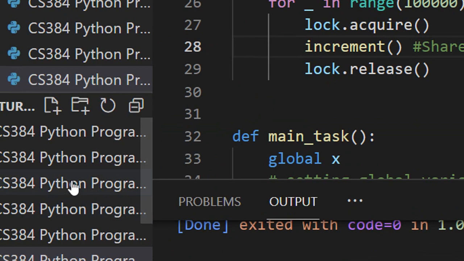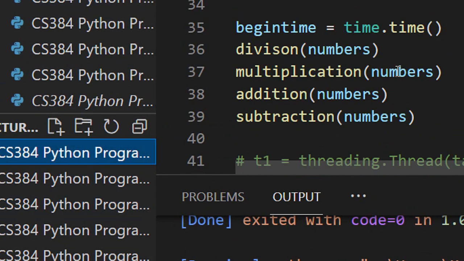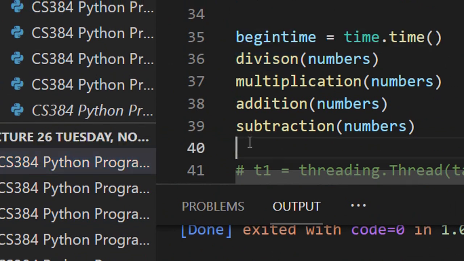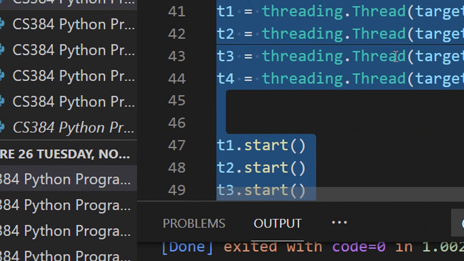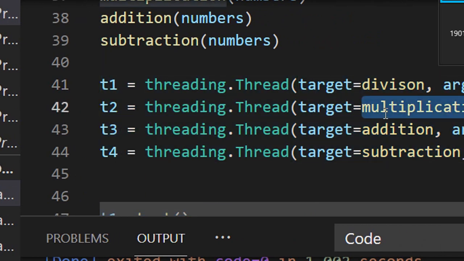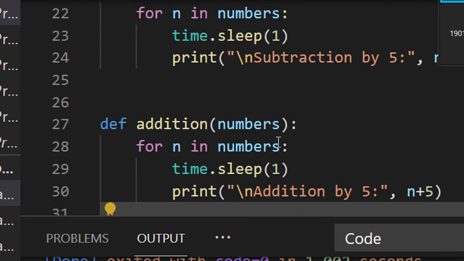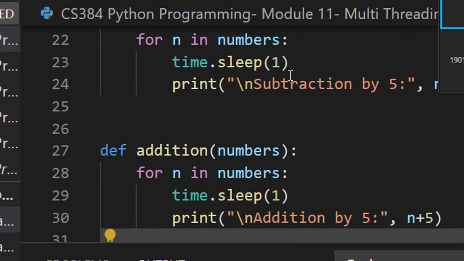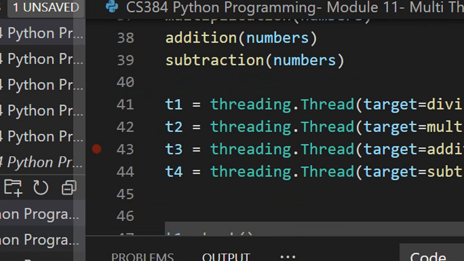Now you may ask, in the previous code, with division, multiplication and all these operations which we were using, why did we not use locks in that case? We didn't use locks because all these were happening independently. We were not making changes to the actual list. You can see in this case numbers was a list. We did not modify the numbers list anywhere in the code. So we could run this code in a threading format without using locks.